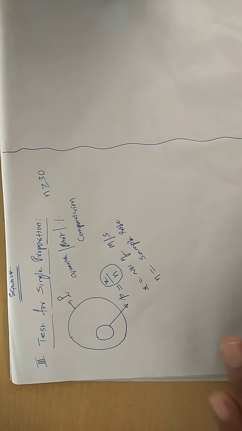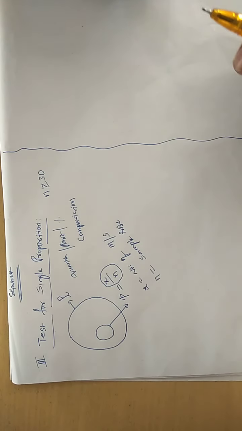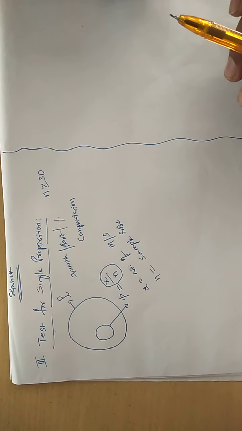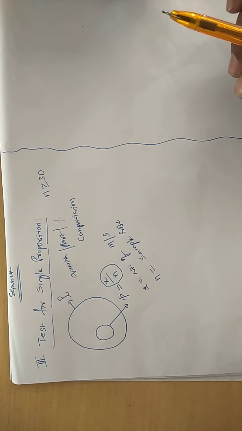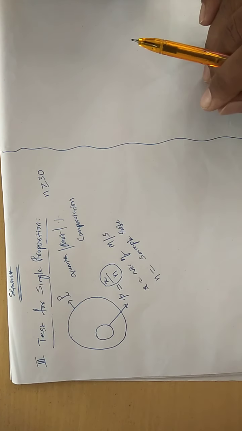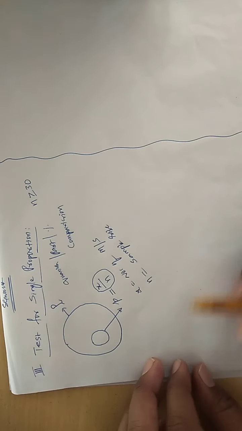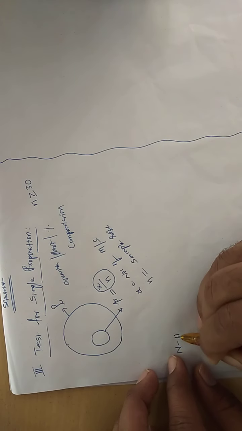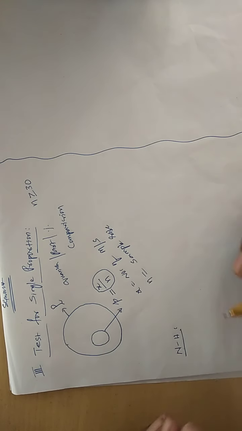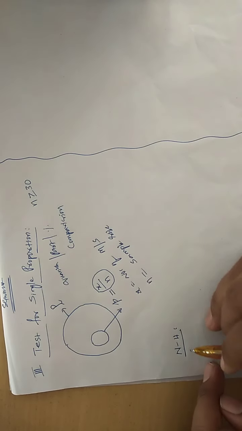So this test is known as a test for single proportion. Remember that for the large sample test and small sample test, the testing procedure is the same. What changes actually are the null and alternate hypothesis and the test statistic, nothing but the formula. Now under the test for single proportion, what is a null hypothesis? A hypothesis of no difference.